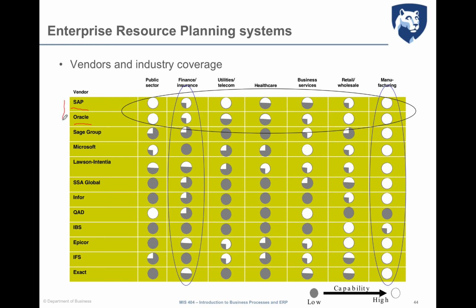So they are the most complete enterprise resource planning systems. If you go through SAP and Oracle, you will find a lot of vertical suites adapting to different business sectors. We also have to notice that, independently from the vendor, the most covered and most supported industry is manufacturing, while still today there are some issues in supporting processes in the financial and insurance industry, also due to the regulated and confidential nature of this type